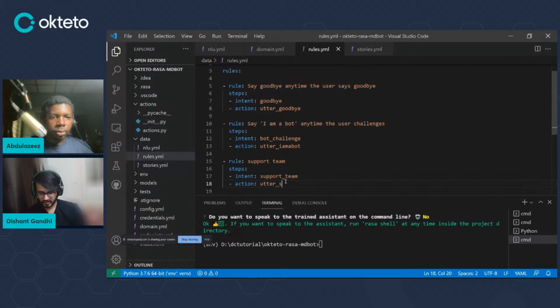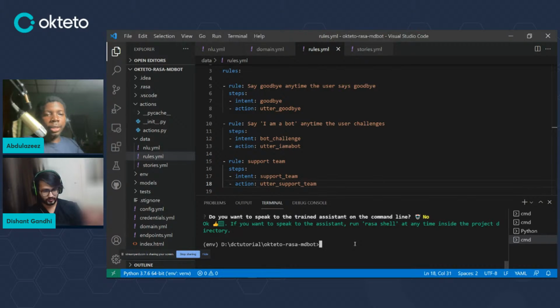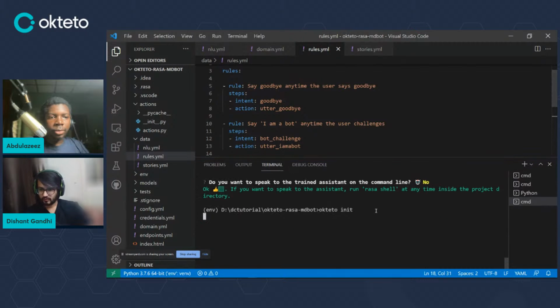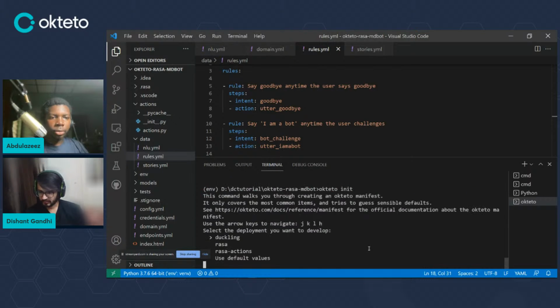And just after that, we'll be deploying this onto an Okteto server. So for that, I think Abdul, we have to do Okteto init, right? First of all. Yes. Okay. So I'll do Okteto init. So while doing Okteto init, it will create an okteto.yml file. But first, it will ask me